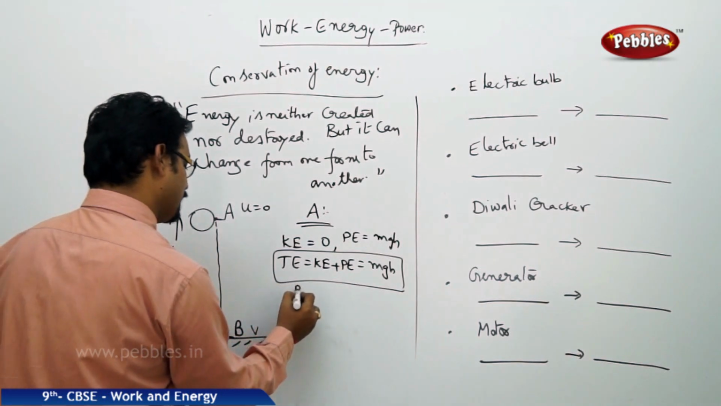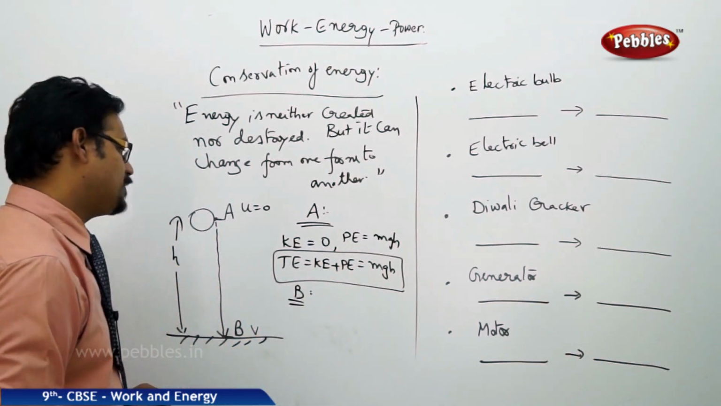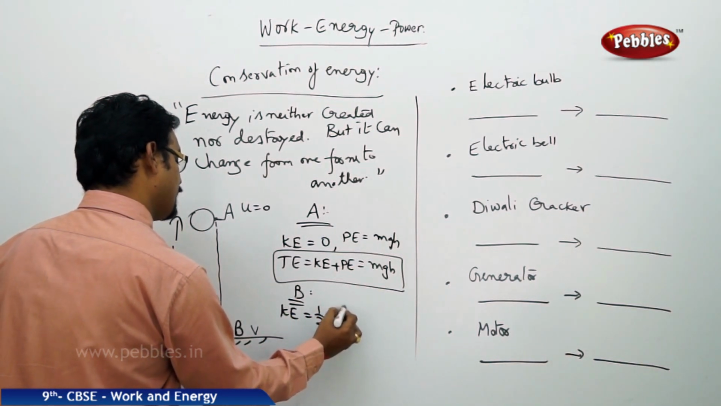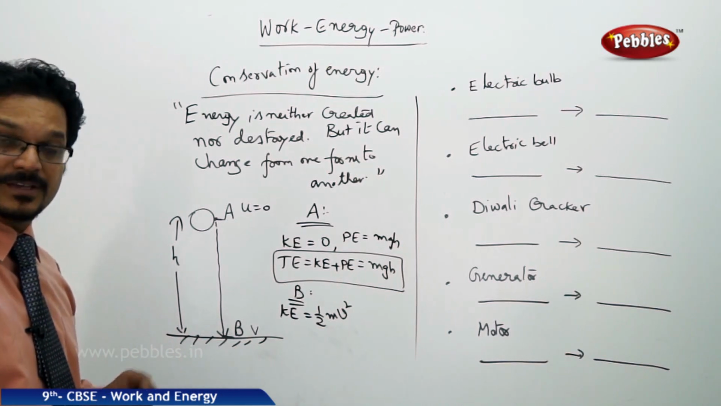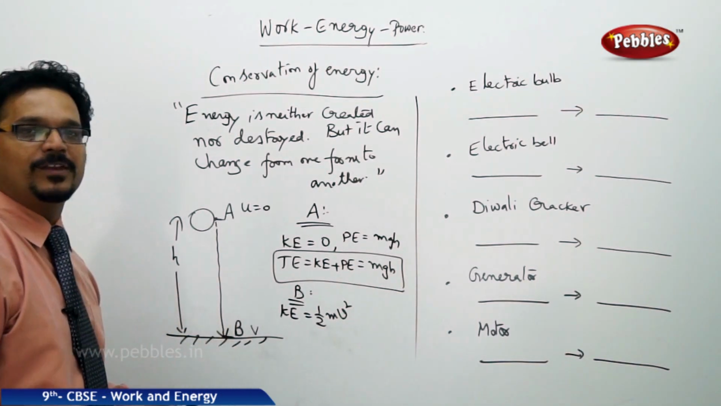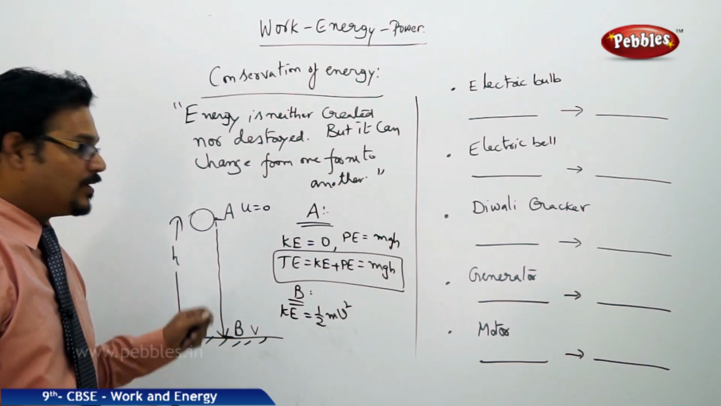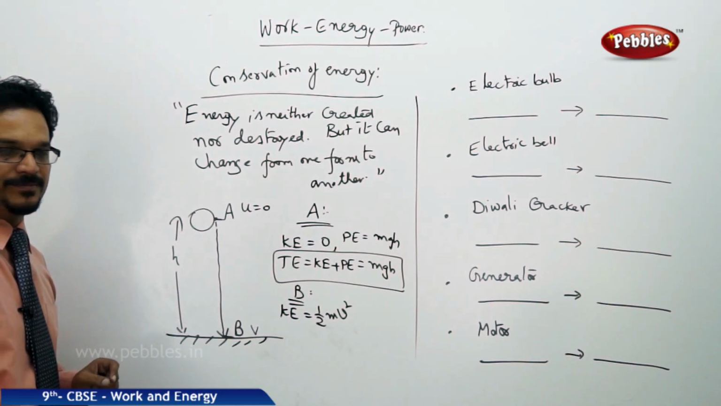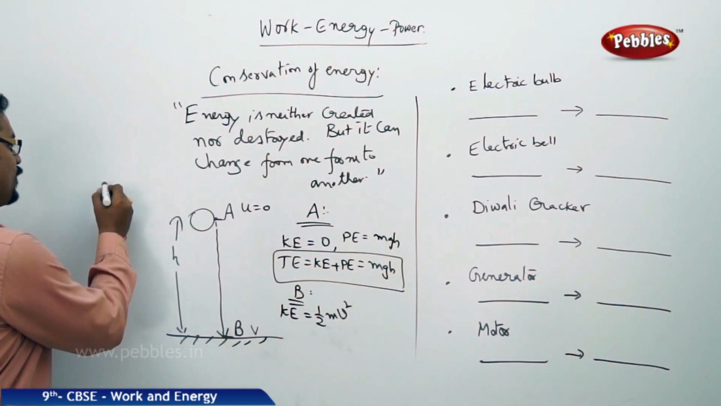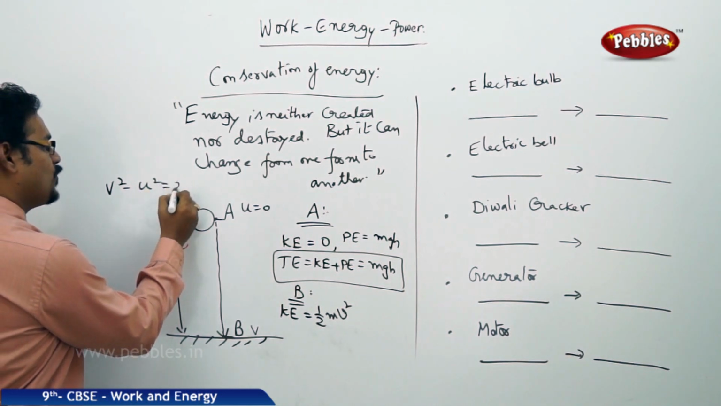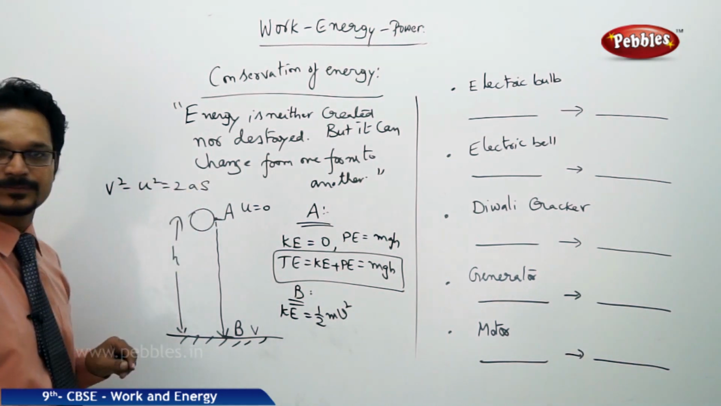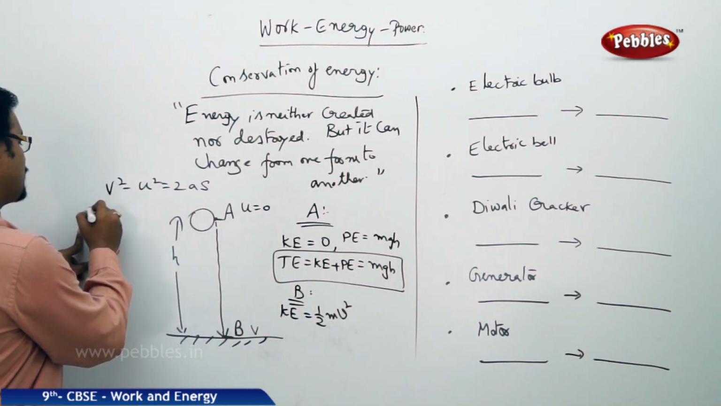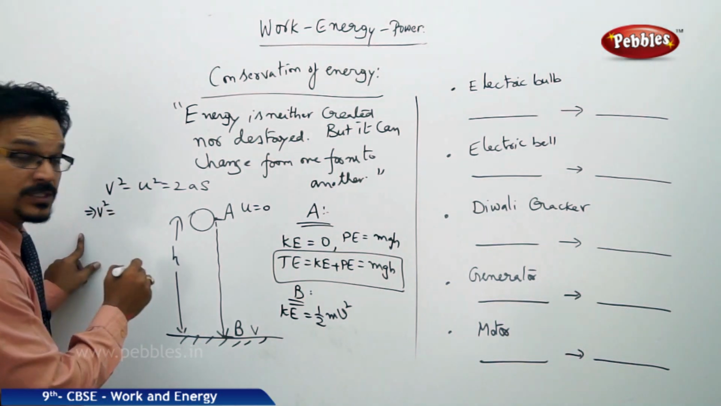Now coming to point B. At point B, the kinetic energy KE equals half m v square, because v is the final velocity. But wait, what is the v value? We should know. To find the v value, we do a little calculation. We know that v square minus u square equals 2as. u is 0, s is nothing but h. So I can write v square equals